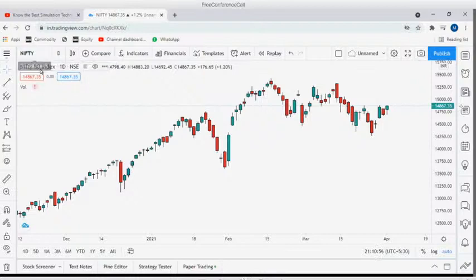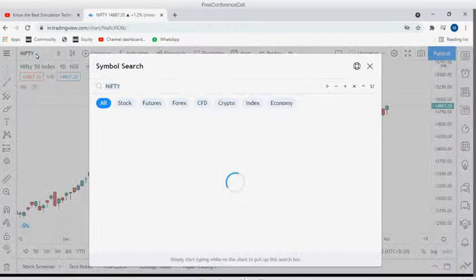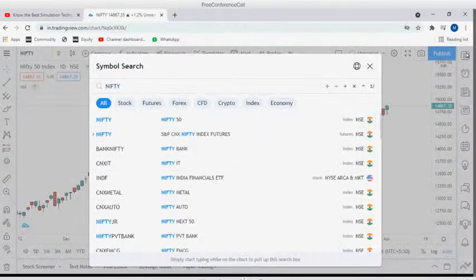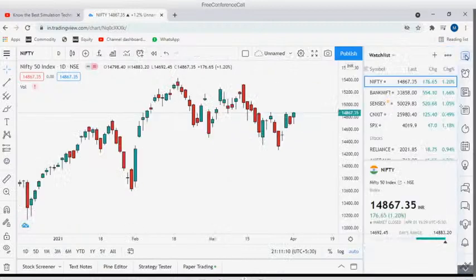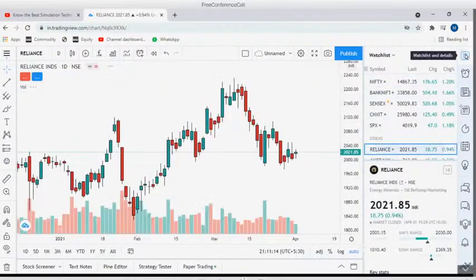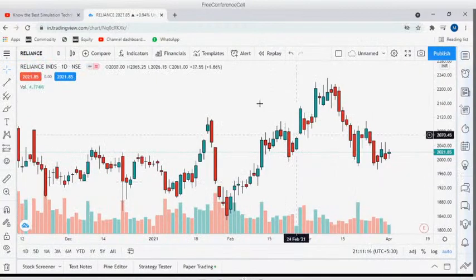Let me open any chart, because Nifty can't be traded, right? Only Nifty futures can be traded. I opened Nifty spot, so I'll open any other stock, maybe from the watch list. I think I have Reliance in the watch list. Okay, I opened Reliance now. When I click on this blue color, it is showing me buy market at the top.